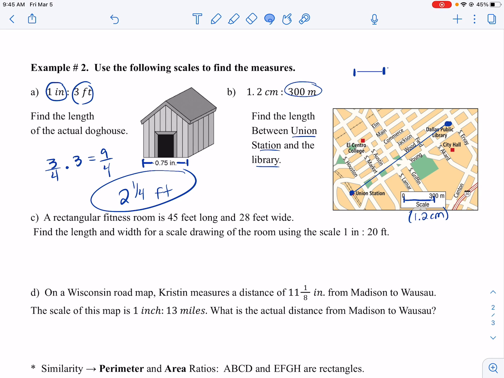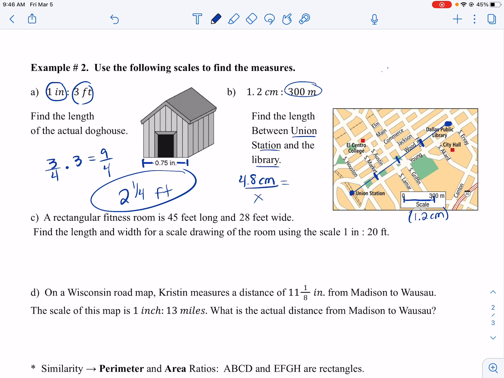But you would line those up and find out, hey, what's the actual length on this map from the Union Station to the library? I've done this in years past where I have it printed out, so just kind of trust me here that it's 4.8 centimeters. It's about 4 of those lengths. You can kind of see that here. 1, 2, 3, and 4, give or take. So 4.8 centimeters